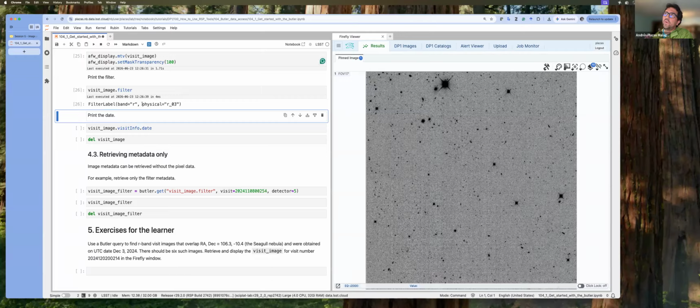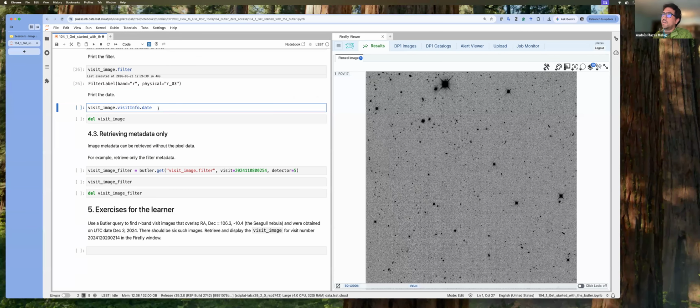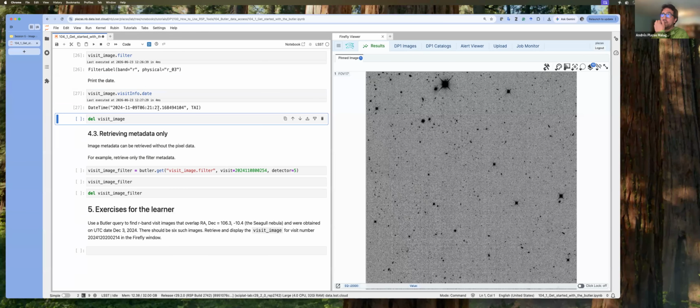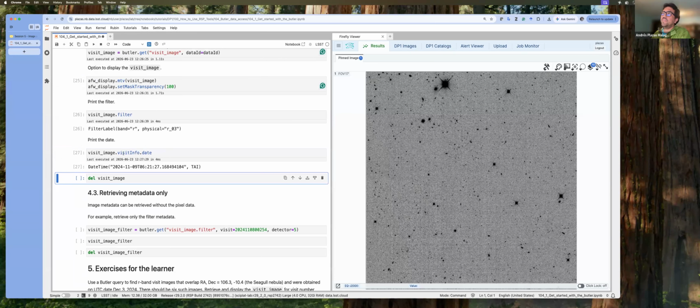But in principle, a broadband could have different physical filters that actually go in the carousel in the camera. So in this case, I think it's just one physical filter, but I just wanted to point out that it does have a different name, and that's why sometimes you see a dimension called physical band and not just band. Another piece of information, you have a visit info object attached here